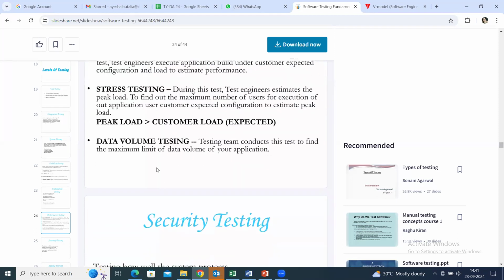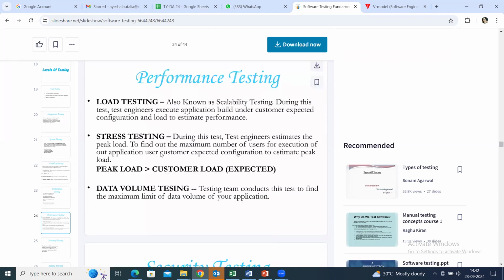Okay. Then next is your data volume testing. The testing team performs this test to find the maximum limit of data volume of your application. So how much data can be handled? Now it all depends upon what product you are using. Okay, so if the same example,